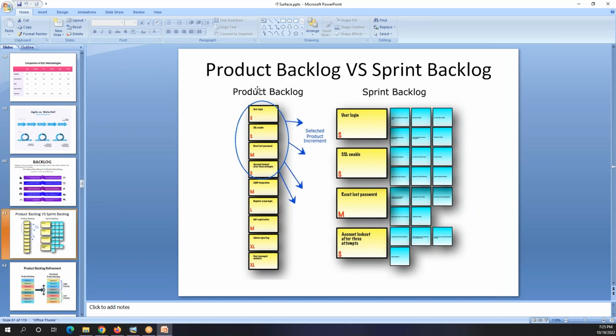And this is the product backlog, where you'll see all the stories together. And in the sprint backlog, you will see the stories here. And based on one story, there can be multiple tasks that the developer has to do. For example, for this story, there are 6 tasks. For these 6 tasks, the developer can divide them across 4 sprints.